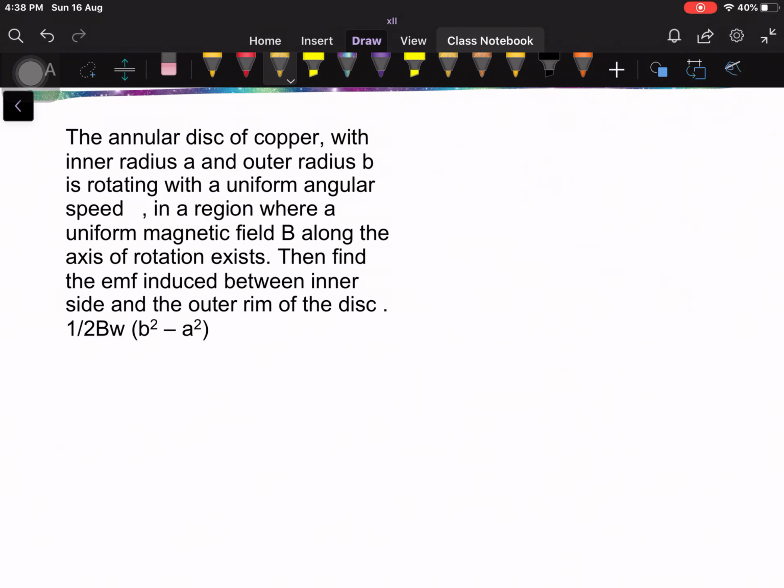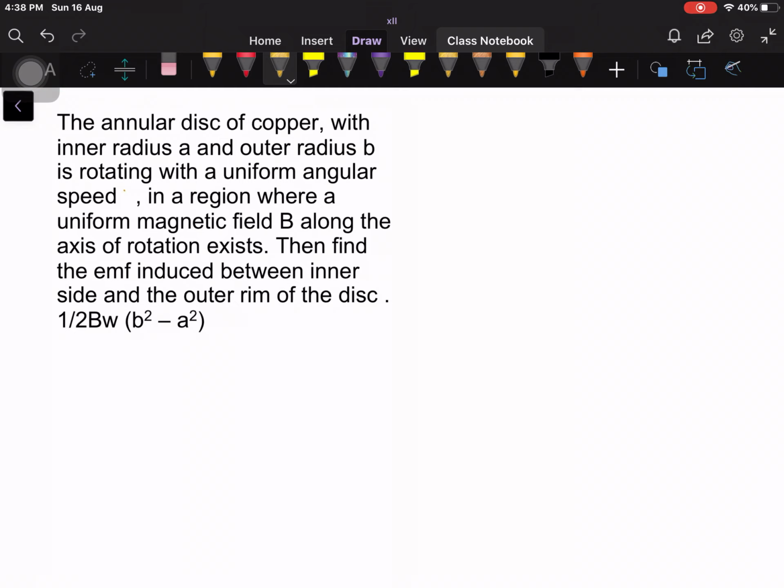Dear students, the next question is question number 19 of T20 question. The question is: the annular disc of copper with inner radius A and outer radius B is rotating with a uniform angular speed. That angular speed is not given here, so I am writing it here. That is omega. Remember, that is omega. In a region where